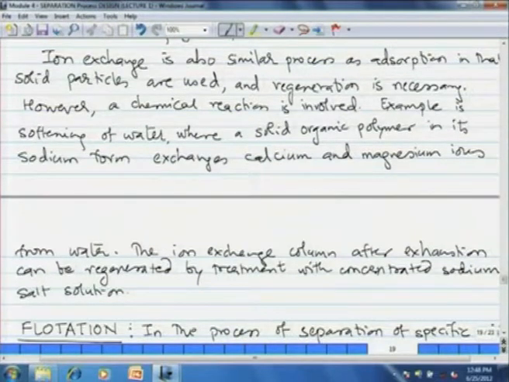The ion exchange column after exhaustion can be regenerated by treatment with concentrated sodium salt solution. Okay. Now, these ion exchange resins are quite widely used for making boiler feed water, the demineralized water as they call. These ion exchange resins are also used for preparation of brine for caustic soda industry that I just mentioned. So, ion exchange is also a very common operation for separation of the reaction mixture. And then comes